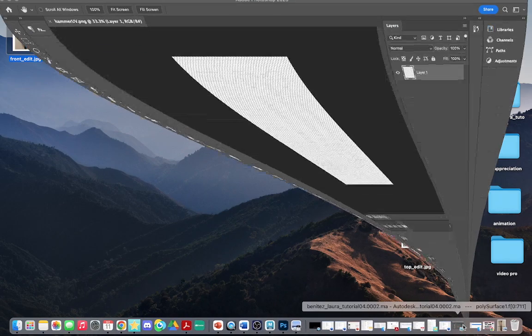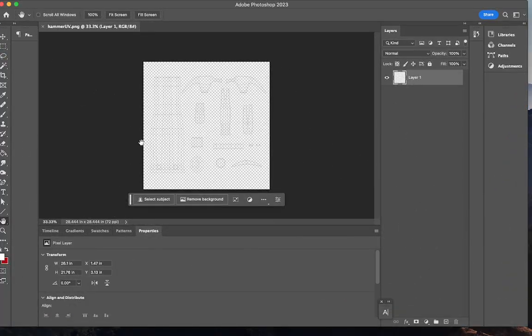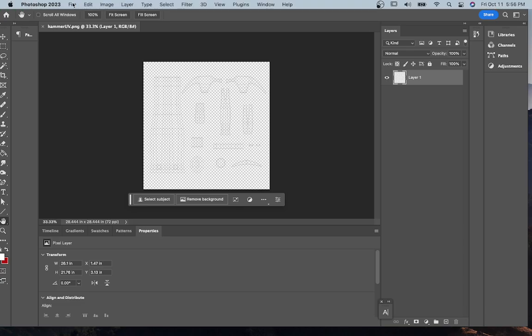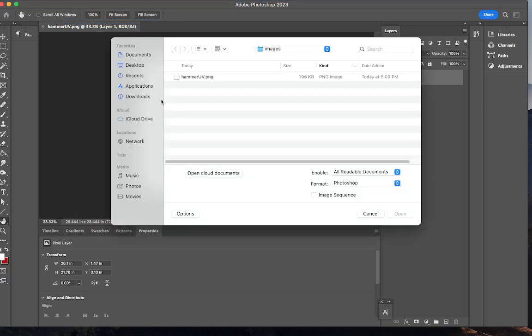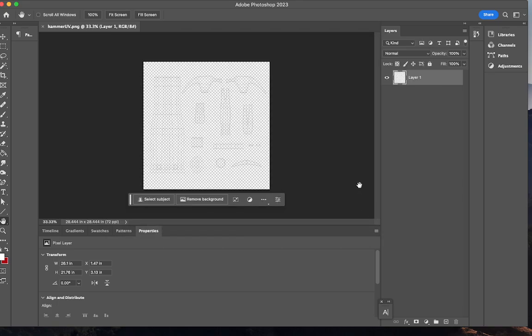But with that, I'm going to open up the UV file that I had made in the last video. So you would go to File, Open, and then look for the document that you want to open, which is the Hammer UV. Okay, so you'll have this. Go ahead and name the layer UV layer. You're going to lock it, and then add a new layer with the plus sign or Control L. You're going to double click, name this background,